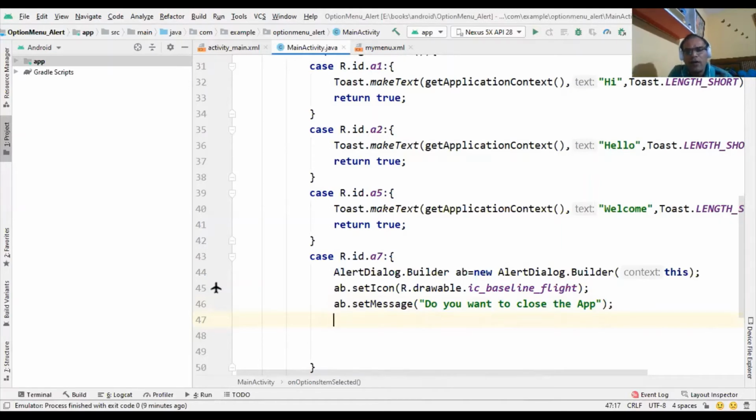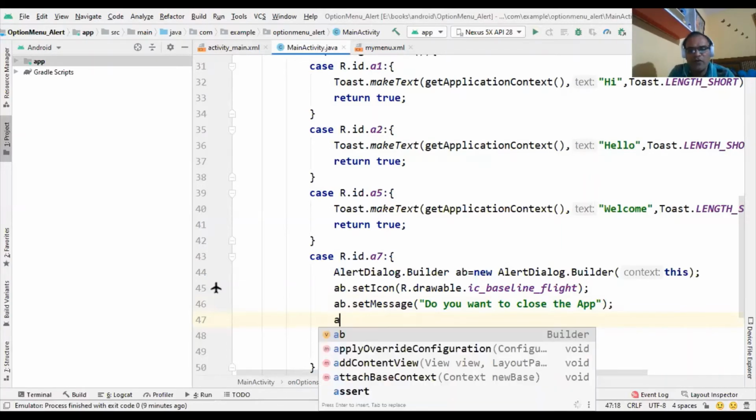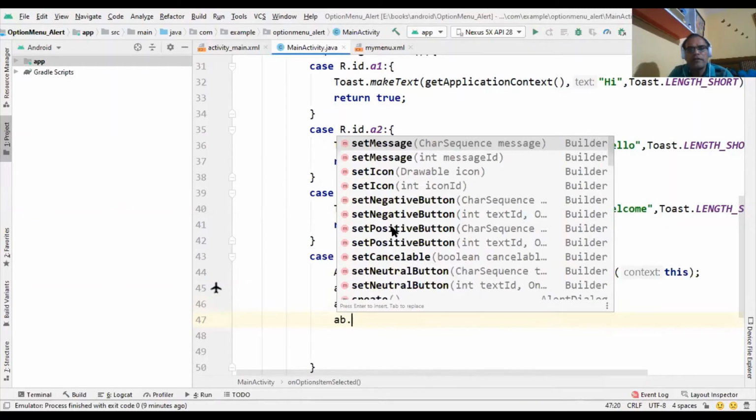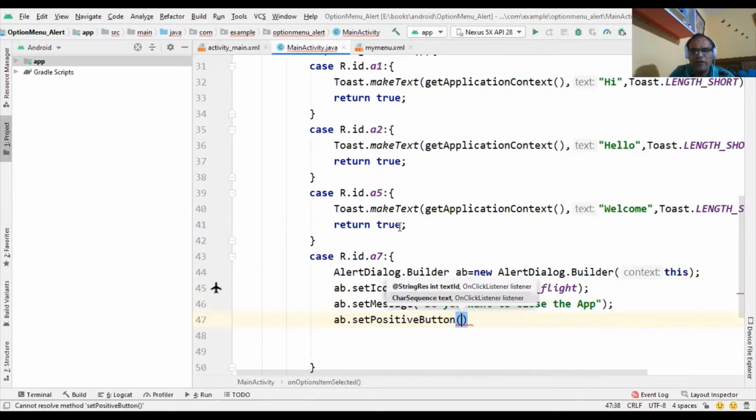Now on that dialog box we create two buttons. For that purpose we use ab.setPositiveButton and setNegativeButton. In setPositiveButton we pass two arguments. First, yes is the name of the button.